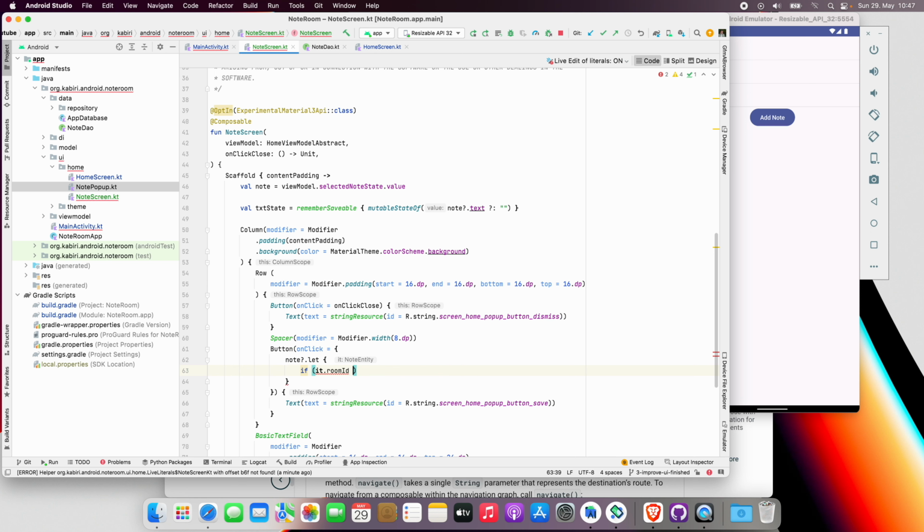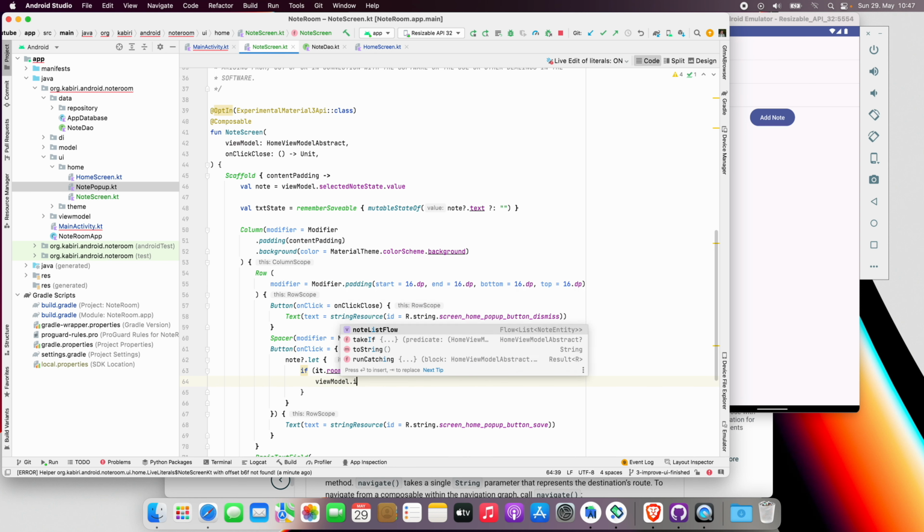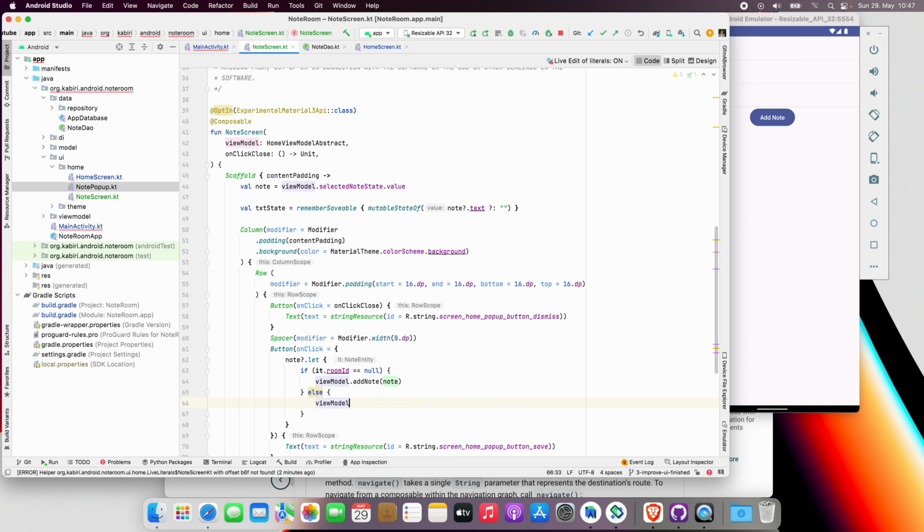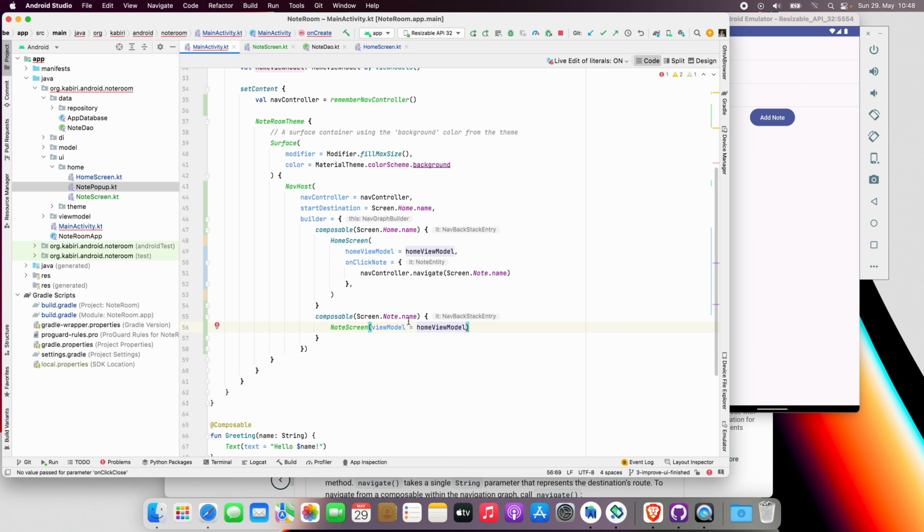We will use this screen for both editing a current node and also for adding a new node. Simply by checking the room ID, we can tell if the user is editing a current node or is adding a new node. That way we can decide if we need to update the node or add a new one in the database. Alright, let's go up there and quickly clean up our imports. Let's go back to our main activity